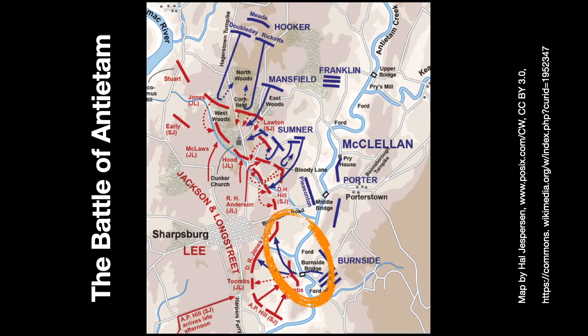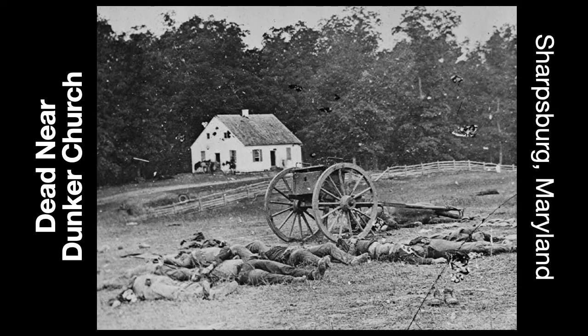And this is the only part of the battle that's going to be successful for the Union Army during that day, but it's enough to drive Robert E. Lee from these grounds. And shortly after, the next day, they will start to pull out and move back into Virginia. We have photographs from this battle, not active photographs during the battle because it took too long to set